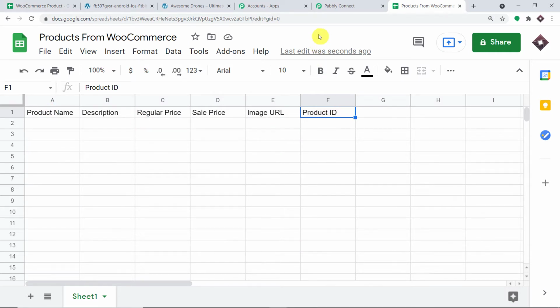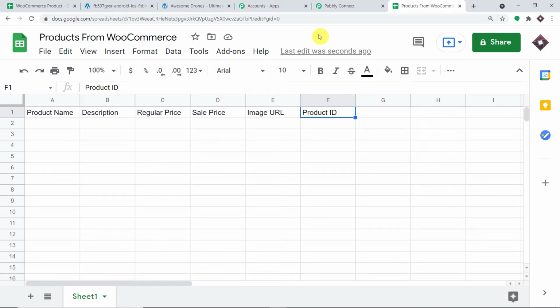Okay, nothing very special. Now there is one problem here. We are going with the assumption. There are actually two assumptions while we are building this workflow. The first assumption is the Google Sheet that we are working on is totally blank. There is no data of any product in this particular Google Sheet. Now the second assumption is there are already the data of all the products in my Google Sheet. Only the newly created products data is not present in the Google Sheet.